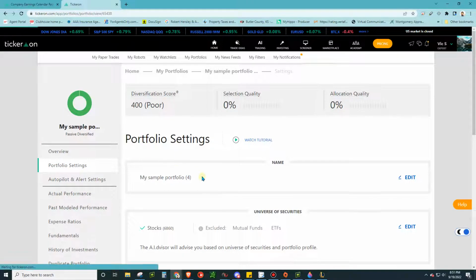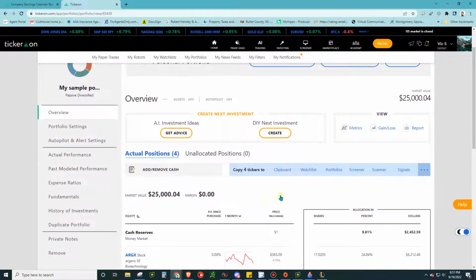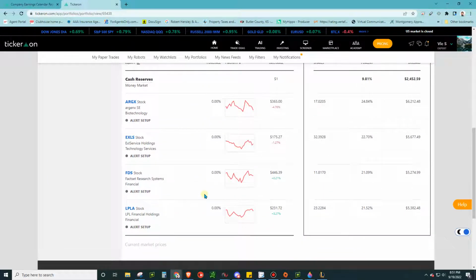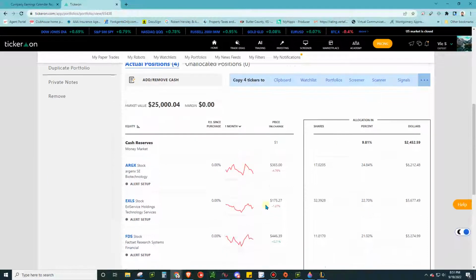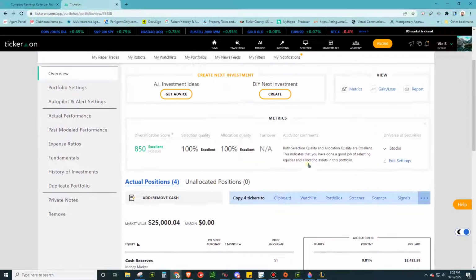And it hasn't bought anything yet. You can get investment ideas. You can do your own investments here. You can get certain metrics. As of right now, we're doing excellent. And then we can kind of track it over time. And you can diversify this however you want. You can add cash. You can copy these to scanners, signals, that kind of stuff. But as of right now, that's how you would set up a beginner portfolio